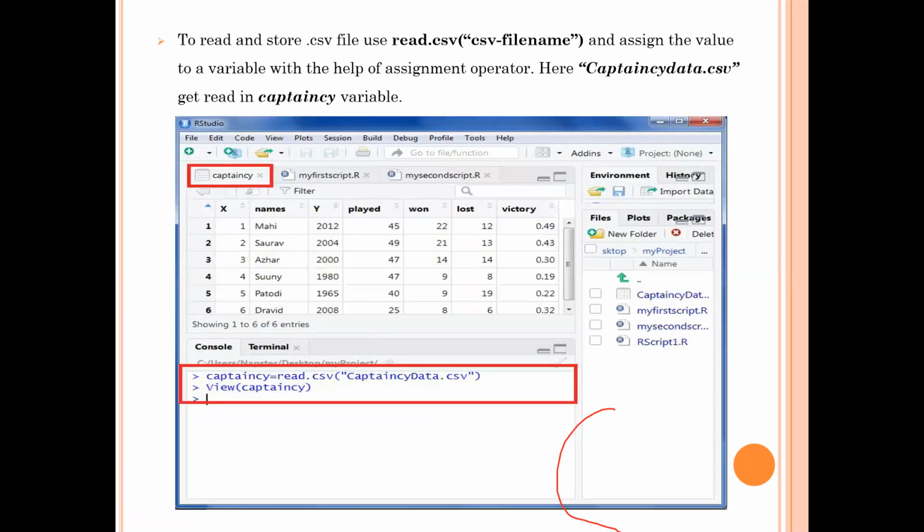Then one more thing: how to read a data frame file. The command is read.csv. Whenever you want to read any data file, you simply use read.csv. Whatever data frame you have set, that file gets read and will show in front of you just like this. If you know the data frame file name, you can retrieve it. Otherwise, it will show you all the data files present in your project. Okay, so this is all about the things.